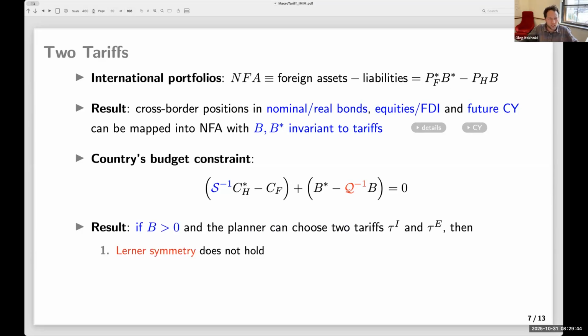So from here, we can go to the following result. As soon as B is not 0, Lerner symmetry will fail. And import tariff and export tax are no longer equivalent because the two still move the terms of trade in the same way, but they don't move the real exchange rate in the same way. And as long as B is not 0, you're not going to get Lerner symmetry. If B star is not 0, but B is 0, you still get Lerner symmetry. That's the interesting result here as well. I mean, perhaps it goes back to our fiscal devaluations paper with Gita and Emmanuel Farhi. Maybe it was somewhere earlier, but this is sort of where that result first shows up. And then there were a few papers afterwards that also had that result.